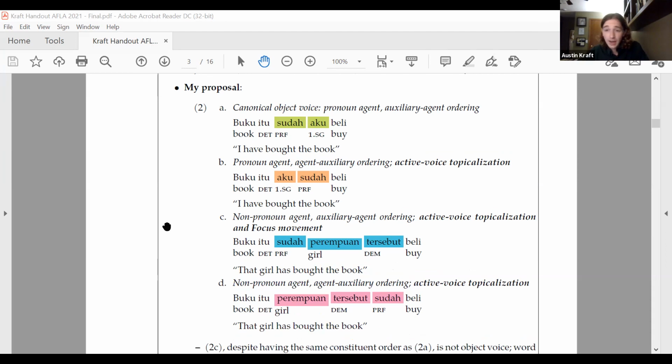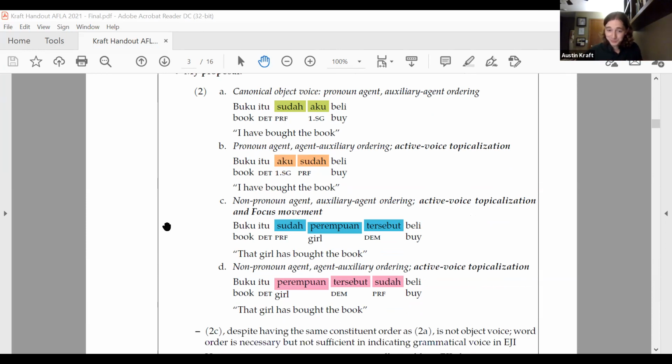2C is where things, I think, get quite interesting, where I will find that sentences like these may be instances of active voice topicalization as well as focus movement. And so an interesting conclusion that we'll draw from this is that 2C, despite having at a high level the same constituent order as 2A, is not object voice,